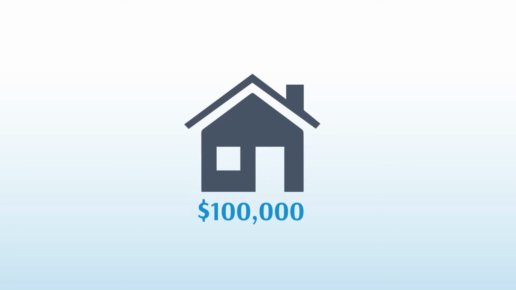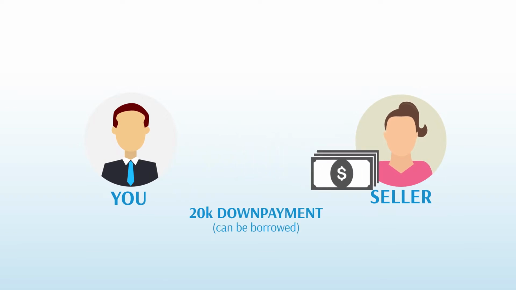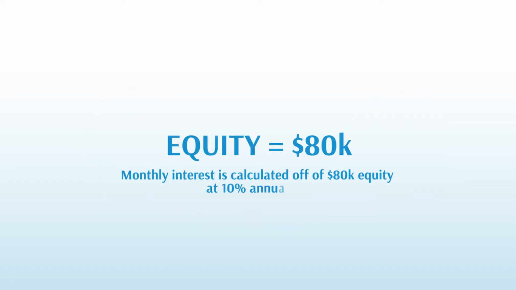And the seller's why is they just really need $20,000 for personal expenses. So you agree to a $20,000 down payment, which of course you can borrow. Then the equity that you're paying interest on becomes $80K. And that's above the actual $100K purchase price. So the monthly interest on that $80K, which in this example is the equity, you make monthly payments, but you